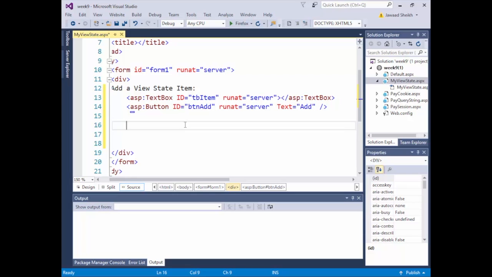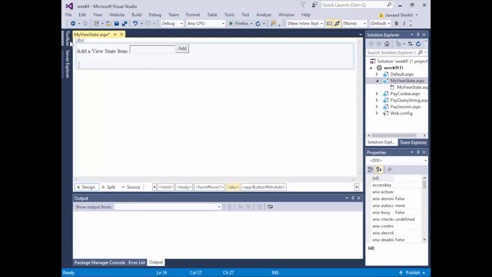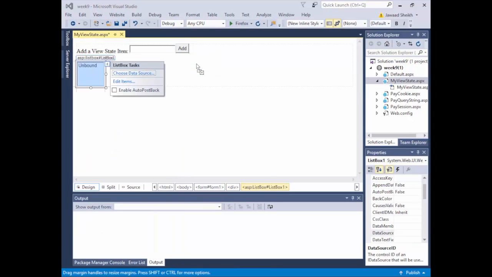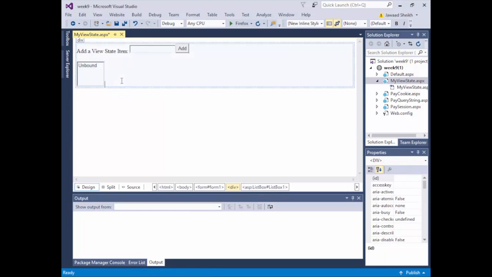Let's add a few break tags underneath. And what we'll do is we'll drag over a list box. All right, so I'm going to switch back to design view, drag over a list box, put it right below, and I'm going to leave the items empty and no data source. So I'm going to leave this unpopulated. So I'll switch back to source,